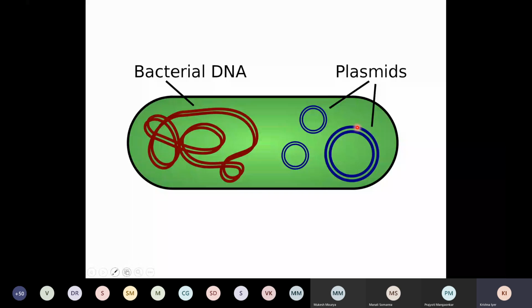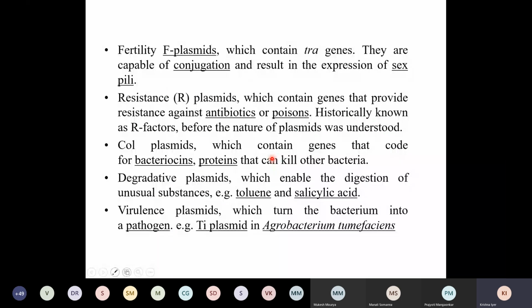and other prokaryotic organisms, and they offer the bacteria a lot of advantages, and that is why a bacteria sometimes carries a plasmid or keeps the plasmid. We said that plasmids offer a lot of advantages. For example, they might allow a bacteria to conjugate and have lateral DNA transfer, or they can afford a bacteria a chance to resist the effects of an antibiotic or a poison, or they can produce compounds which can kill other bacteria, for example bacteriocins or colicins as it is called,